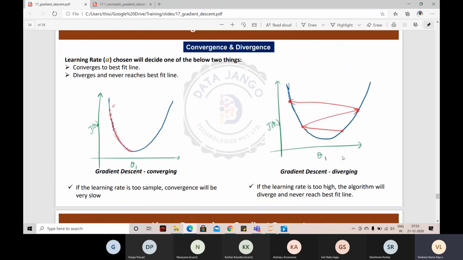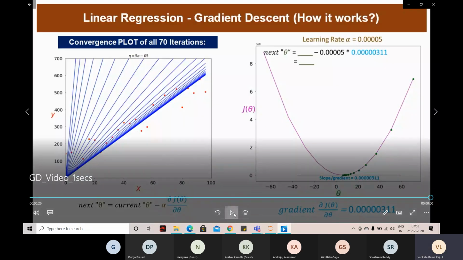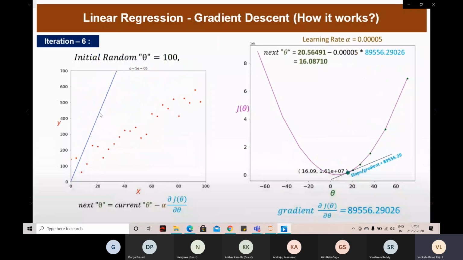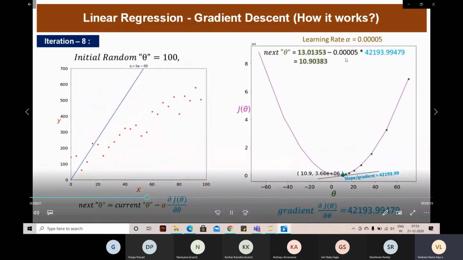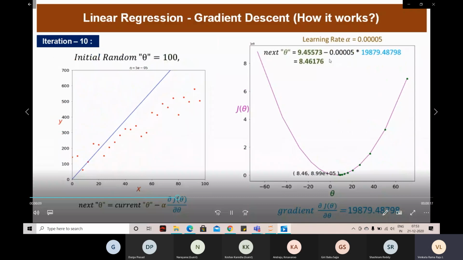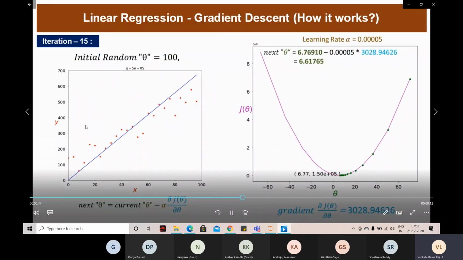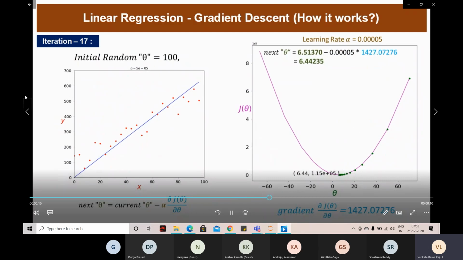And the alpha, which we call the learning rate, is going to be constant throughout all the iterations. If you look at this, I am doing many iterations: second, third, fourth, fifth, sixth, seventh. Throughout all of them, this alpha is constant, right? If I take 1 here, it would not have moved in this direction. It would have gone off, right?